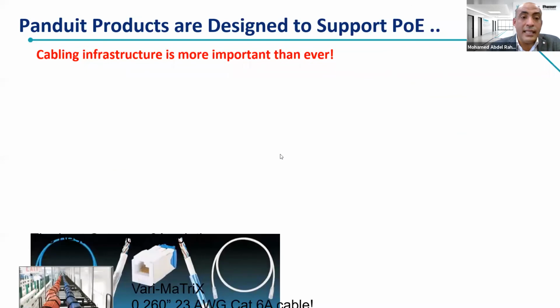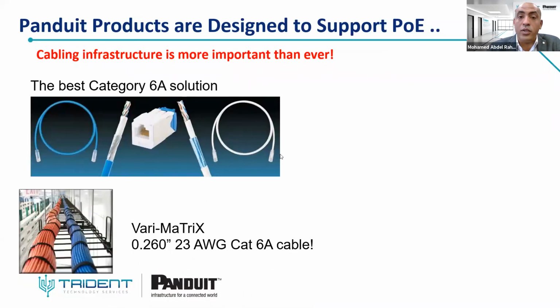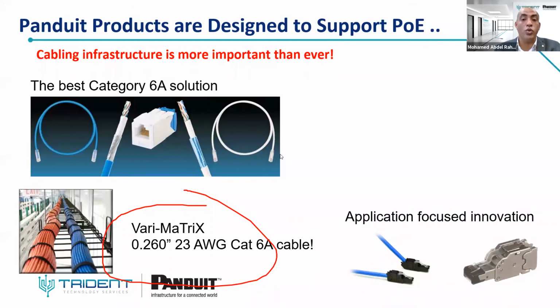So now these are the solutions from Bandwidth. As we said, we have our Matrix cable. It can support 75 degrees or even 90 degrees, so you don't have any concern for the bundling size of the cable. Also, most of the modules, direct connections, or even patch cords are rated to 2500 mating cycles.